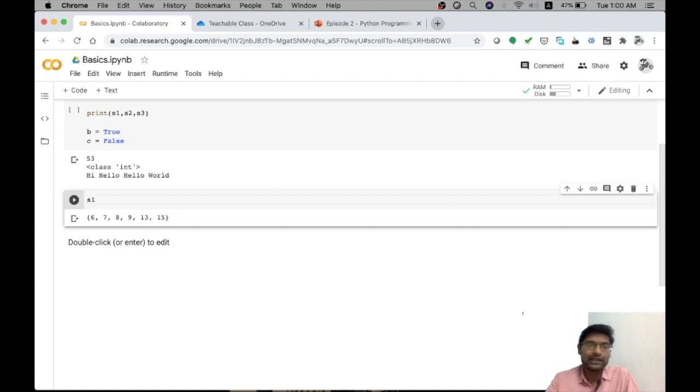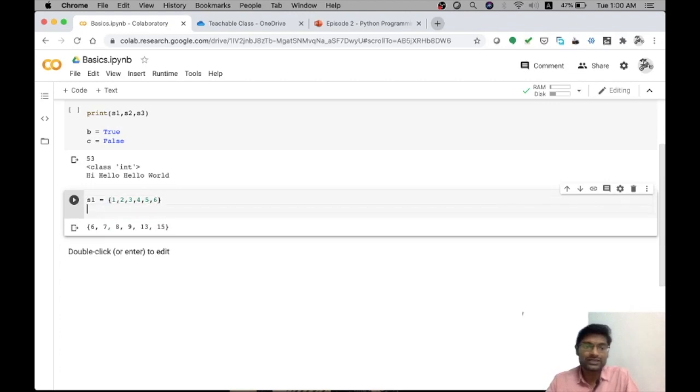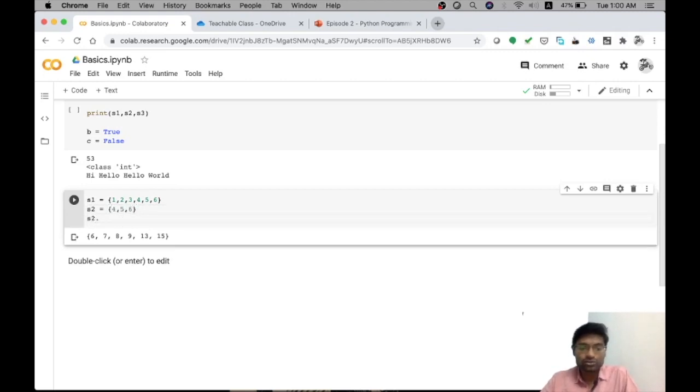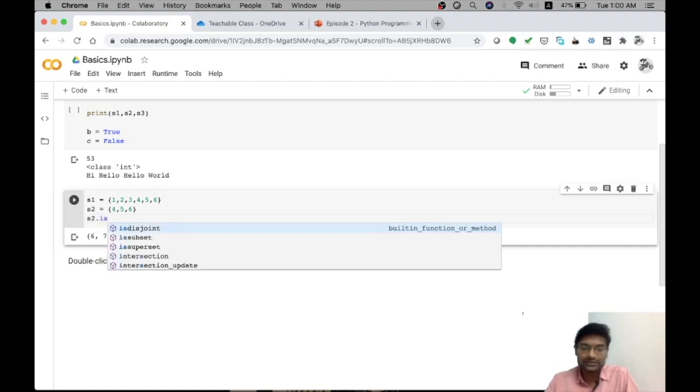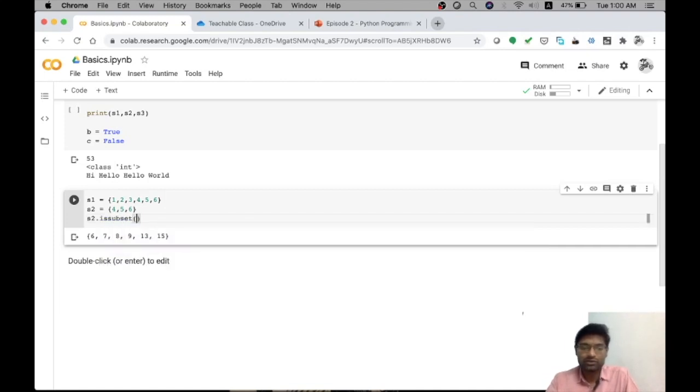For example, say I'll create the sets again. Say my S1 has values 1 to 6 and my S2 has values 4, 5, 6. If I call S2.issubset(S1), this is true.